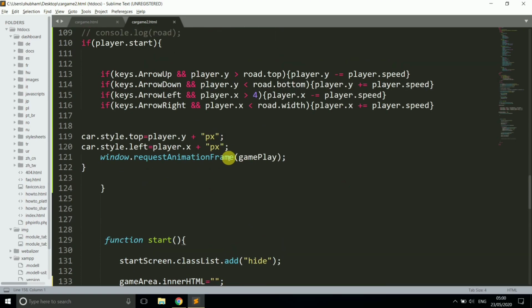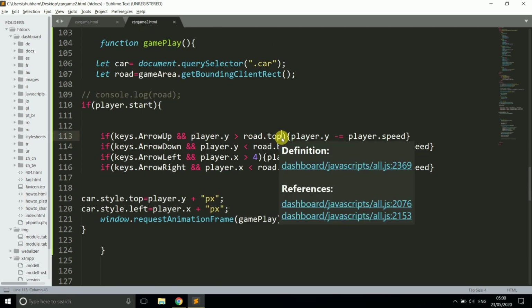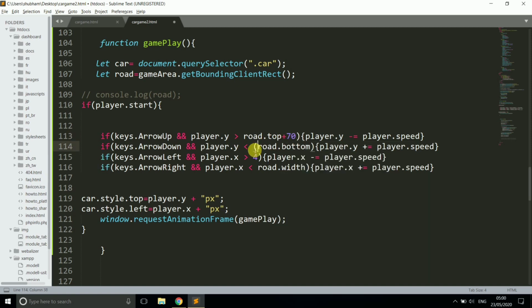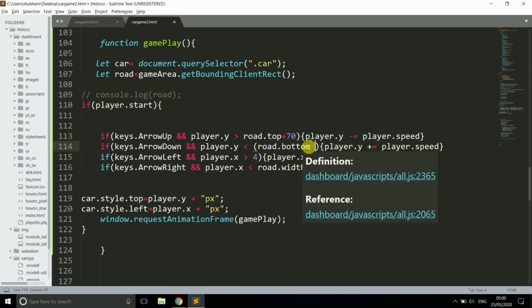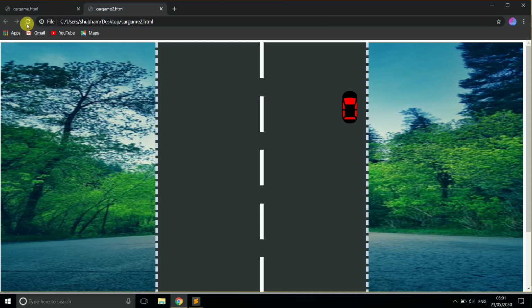First there are some changes in the values. Just write road.top plus 70, and here we write road.bottom minus 280. This is to restrict your car from going out of this box.